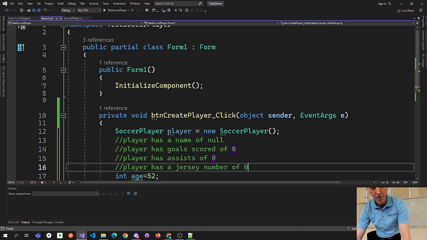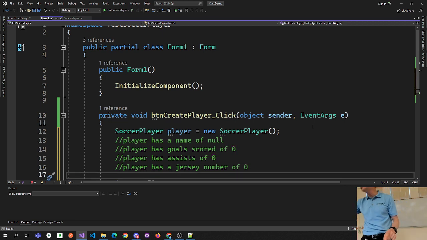Is it 0 or null? If it's an integer, it's 0. If it's a string, it's null. If it's a double, it's 0.0. Okay, so